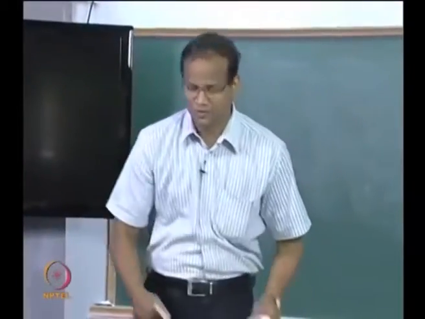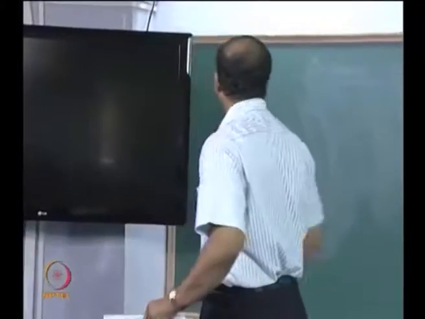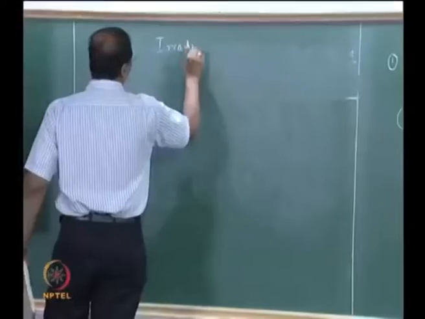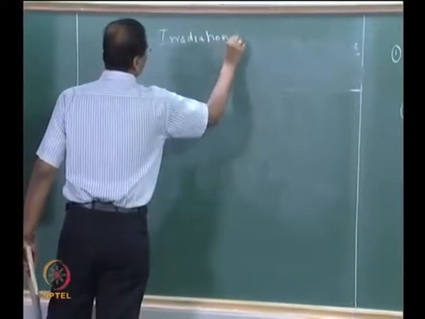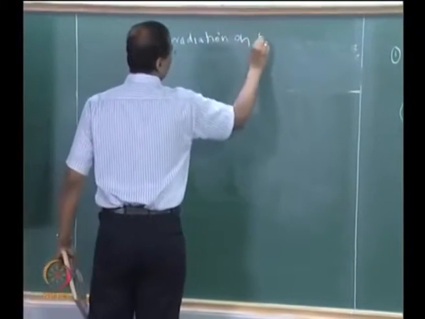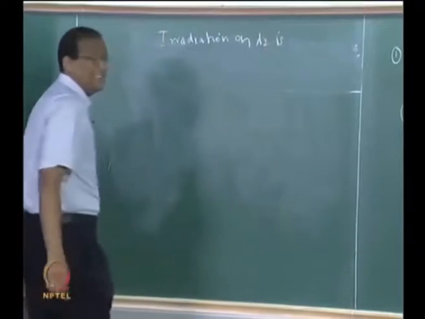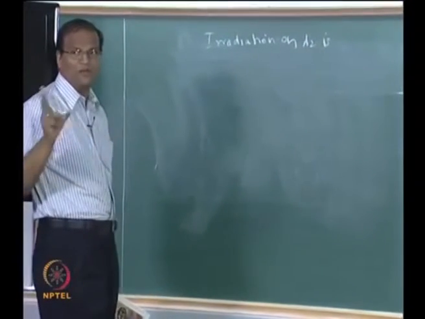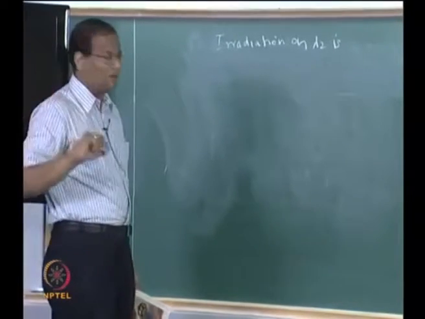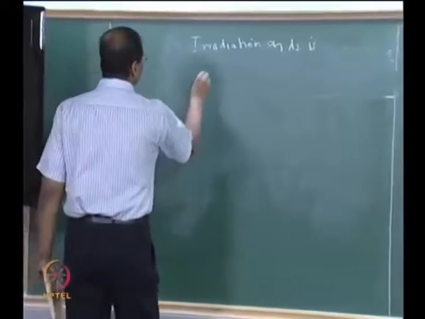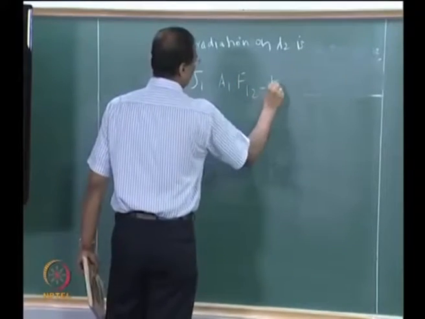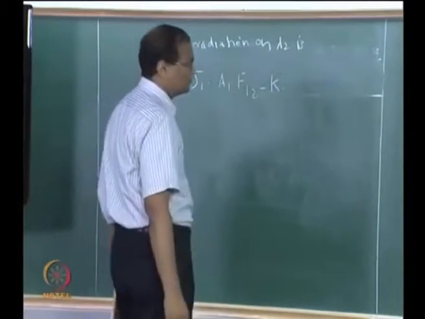A1 L12 is equal to, alright, therefore irradiation. This is irradiation on A2 just only from the radiation coming from A1, there could be other surfaces in the enclosure, okay. So, this is nothing but kappa times